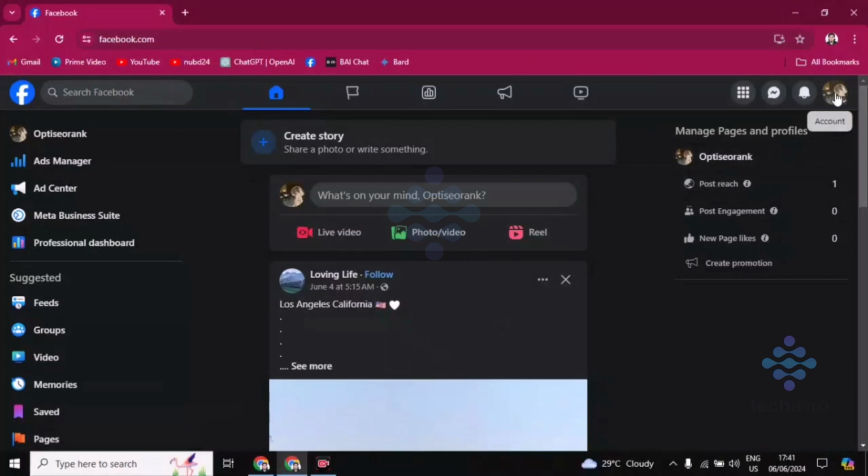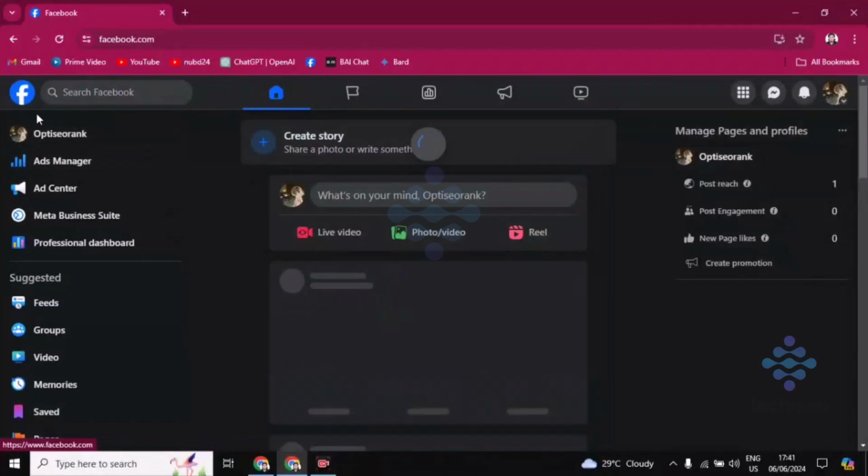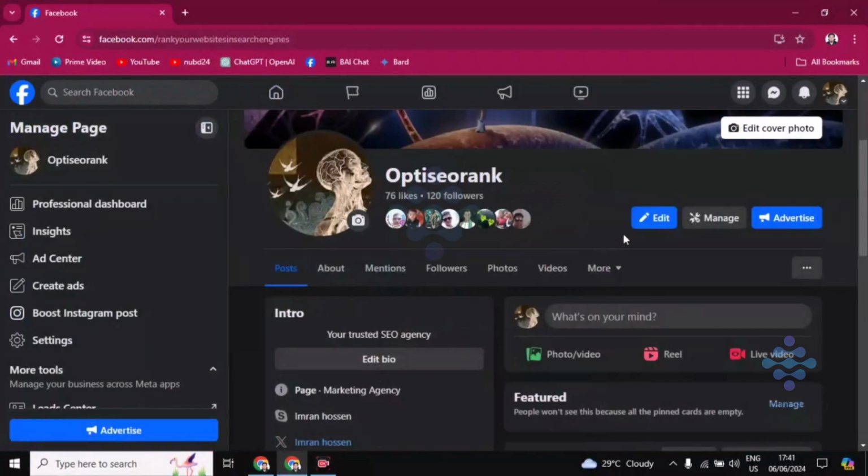You have to click on this account option, which is the top right corner profile icon. Then you will find here your Facebook name and your Facebook page name. You have to click on your Facebook page name. Okay. Then you have to click on this Facebook page name again, which is in the top left corner, and then you'll